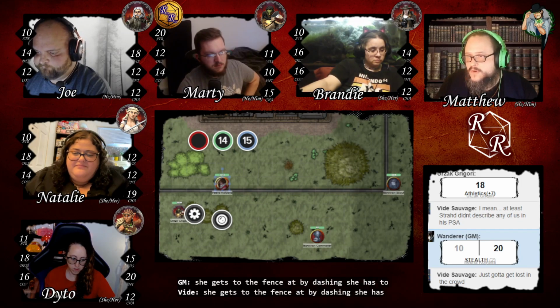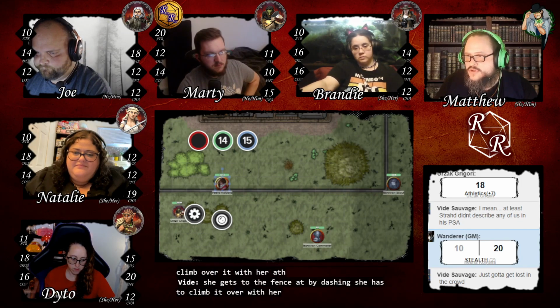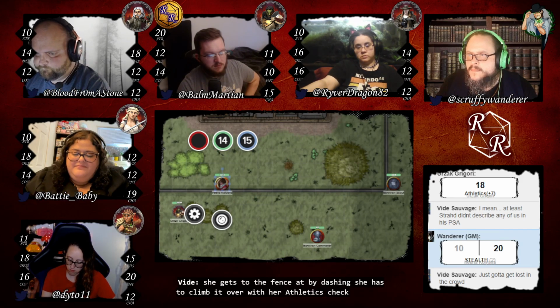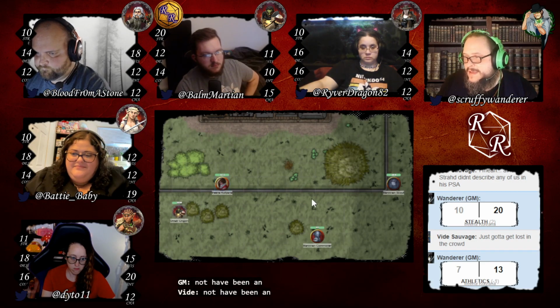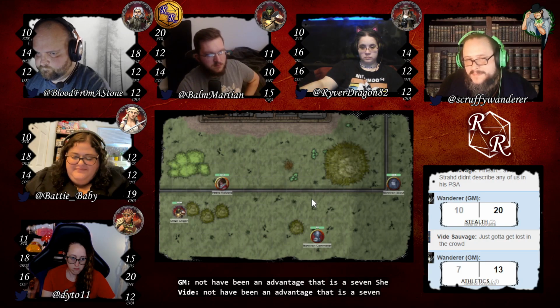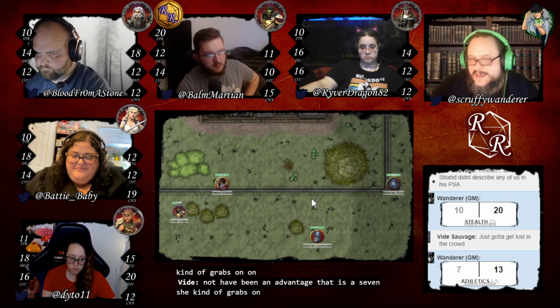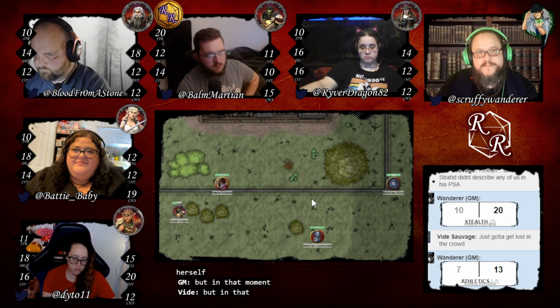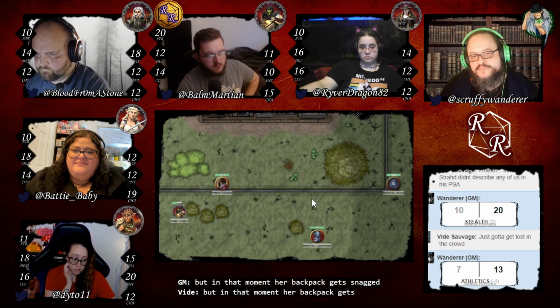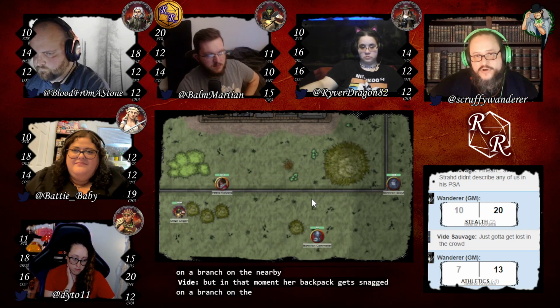She has to climb over it with her athletics check. Should not have been an advantage. That is a 7. She grabs onto it and starts hefting herself, but in that moment her backpack gets snagged on a branch on the nearby bush.